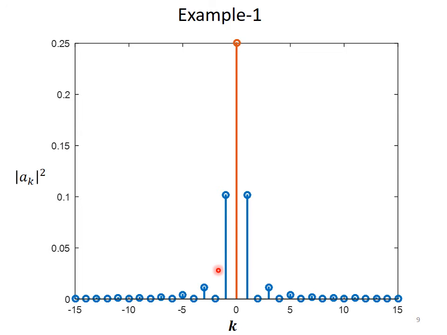Right? So you can see in this power spectrum of a square wave, the maximum power is contained in the DC component, and the second highest is the fundamental frequency component. Then the second harmonic has 0 power, the third harmonic has some power, the fourth harmonic is 0, the fifth harmonic contains a very small power, and successively you can see that power is decreasing. So maximum power lies in the fundamental frequency and the DC component. This is what you can analyze from the power spectrum or power spectral density of any periodic signal.